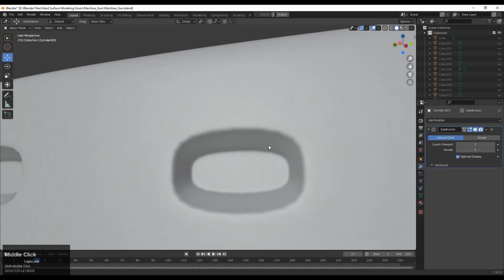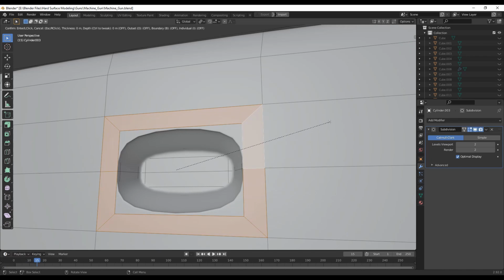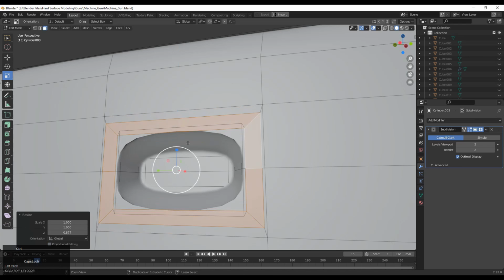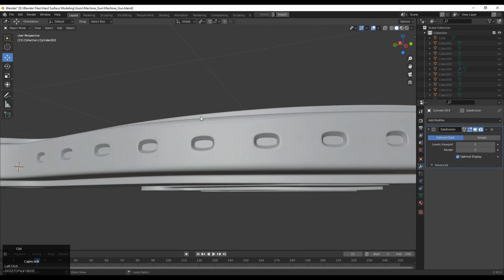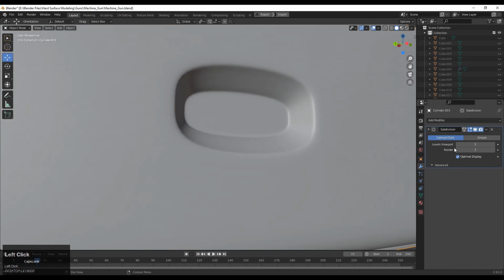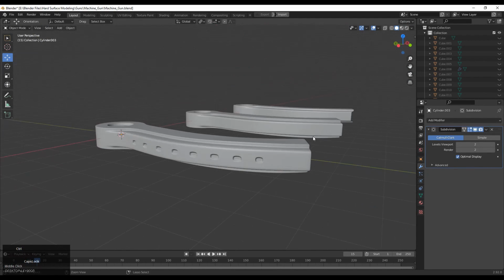So just increase that level in the viewport. And now that looks pretty well. If I select this face loop and use the insert operation, then I will get a little bit of a weird result, because there is less geometry. So you can't add more loops there, and this design also looks good, so you can keep it as it is.